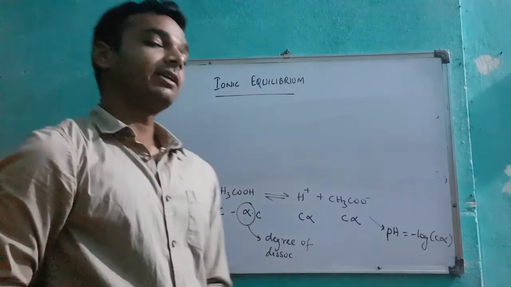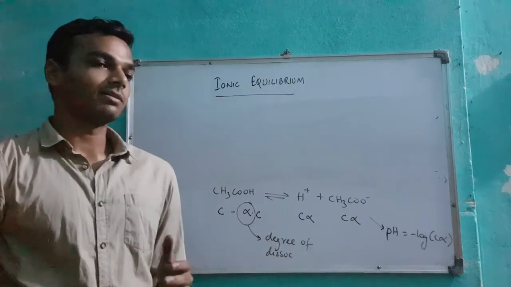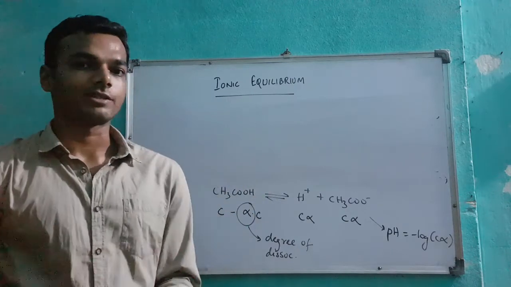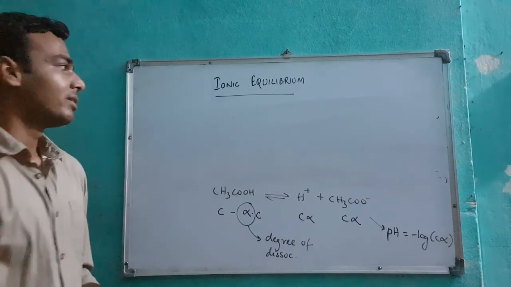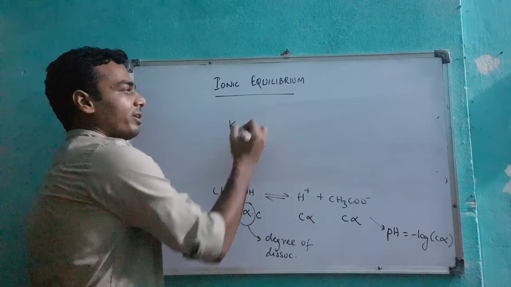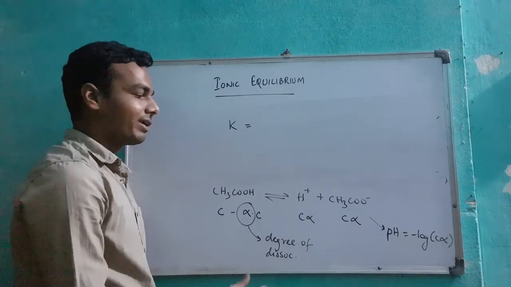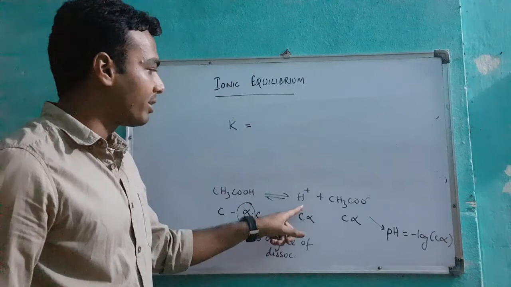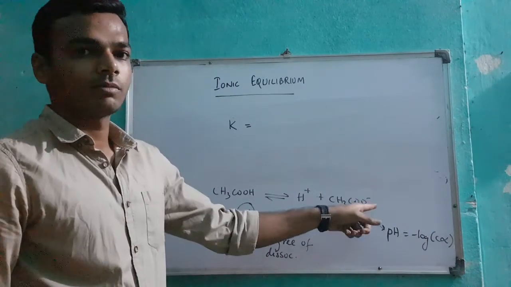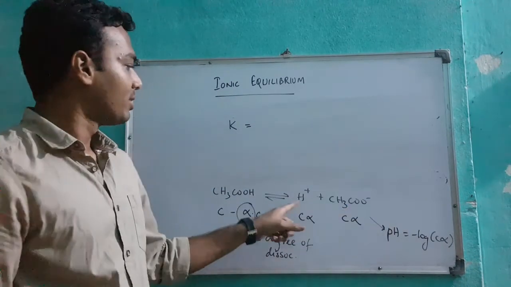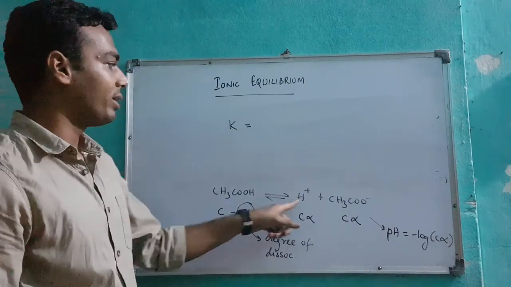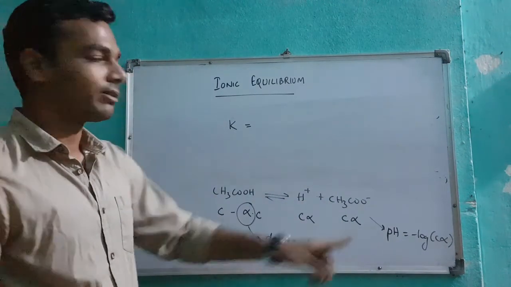A topic that we have learned in chemical equilibrium before is writing down the ionization constant or equilibrium constant for every reaction. For this reaction, there is an equilibrium constant called K. How is it defined? It is defined as the product of the concentrations of each of the products raised to the power of its stoichiometric coefficient. Here all the stoichiometric coefficients are 1, 1 and 1. So there is no danger here.